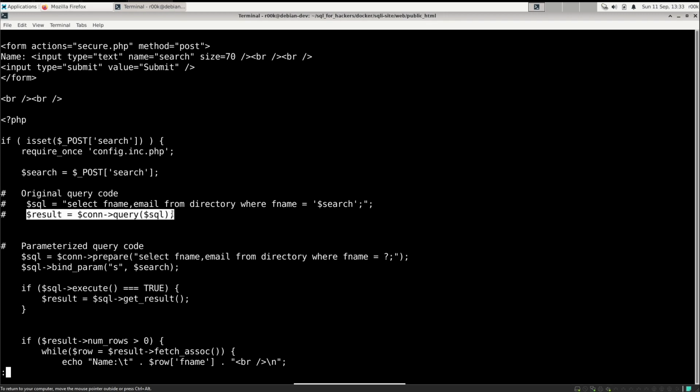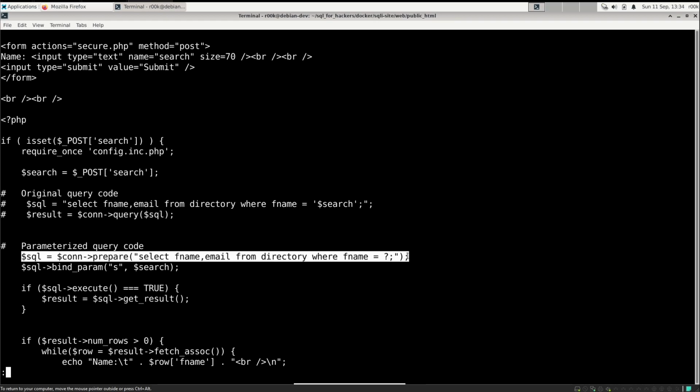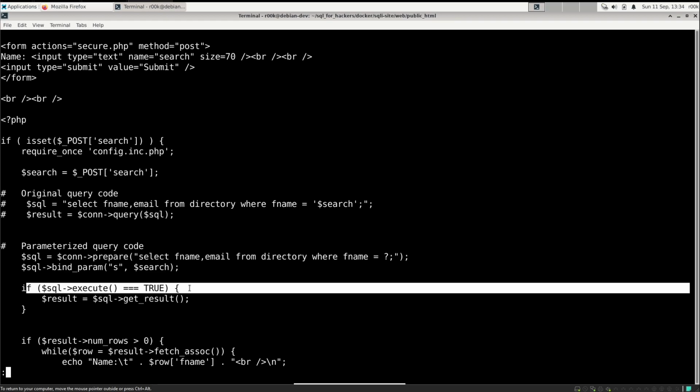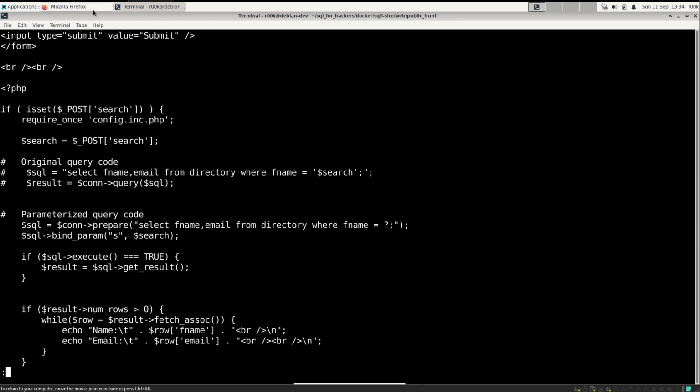This is the equivalent version. So the extra step that's happening in parameterized queries is really this part right here. We prepare the query in the original example, and then we execute it. We prepare the query in the parameterized query example, then we bind the input, and then we execute it. There's 1 to 2 lines of code. Basically 2 lines of code turns into 4 or 5 lines of code. It's almost drop and replace. Let's take a look at how this works in the web app.